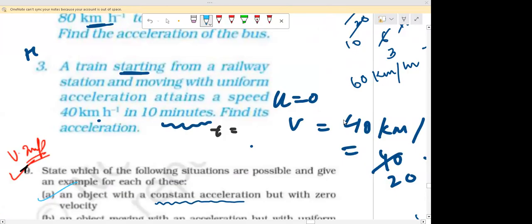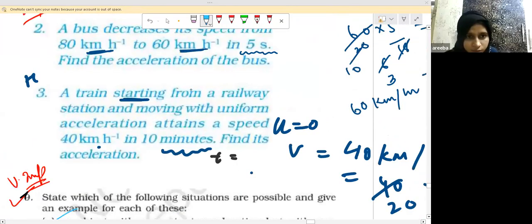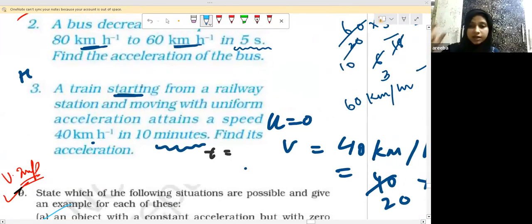Yes, I think I did it. Wait, let me check. Umaima, bache, till you try this one. If it is starting, that means initially it was at rest. Initially it was at rest. Am I right? So that means U will become